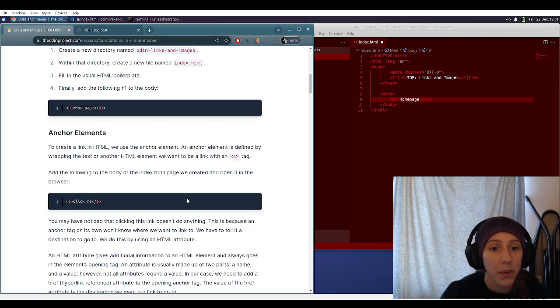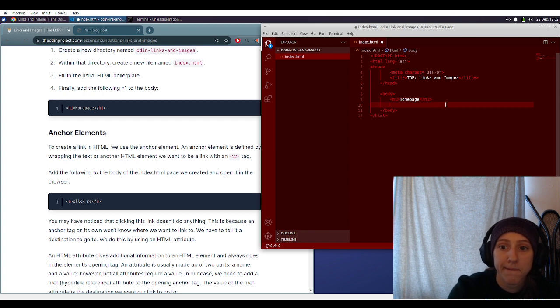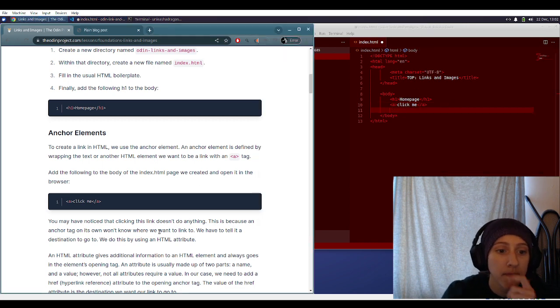So now we are going to add an anchor element. So to create a link in HTML, we use the anchor element, and it is wrapped in text with an a tag. So we're just going to, below our header,